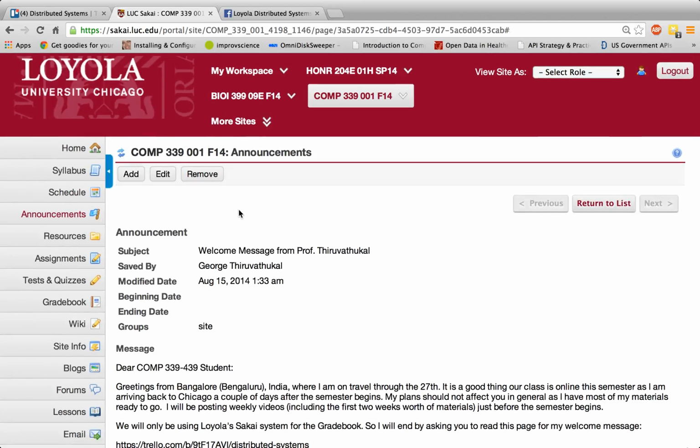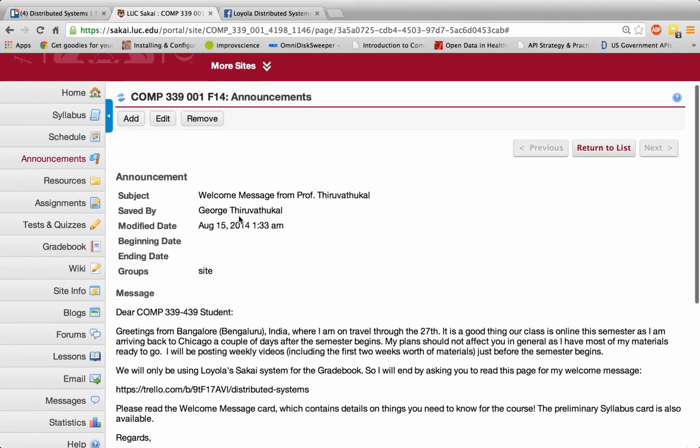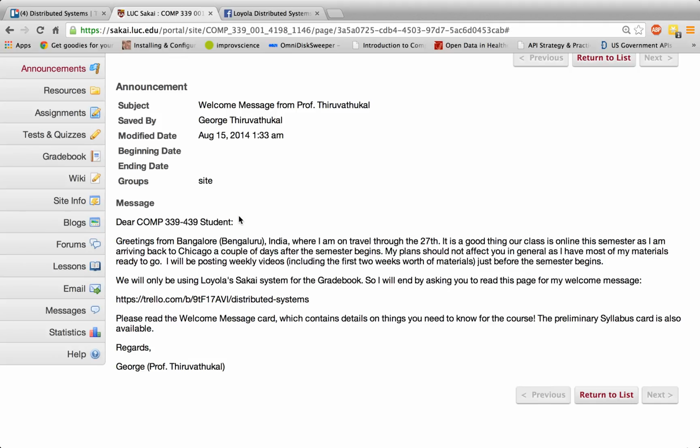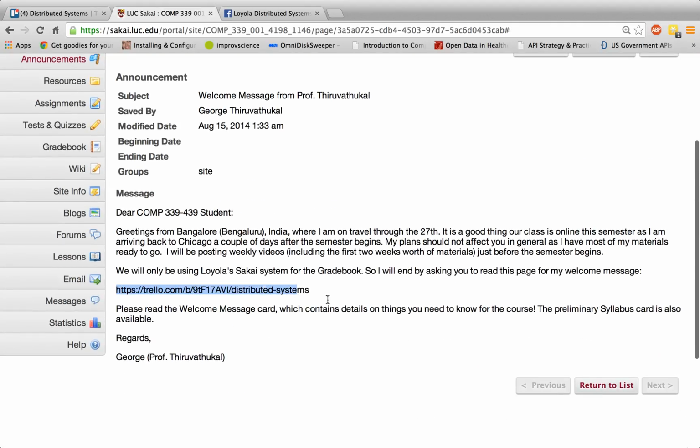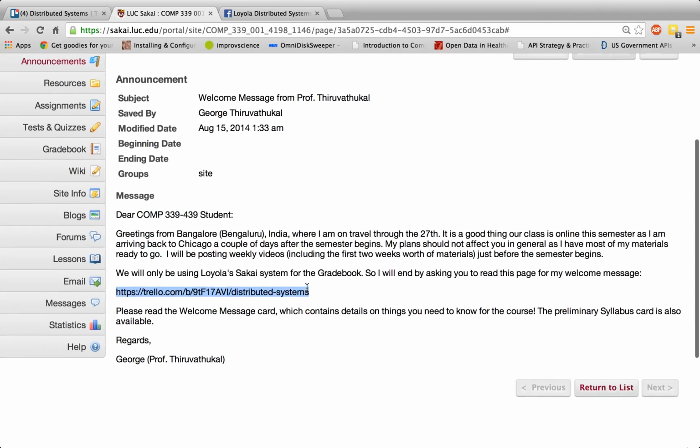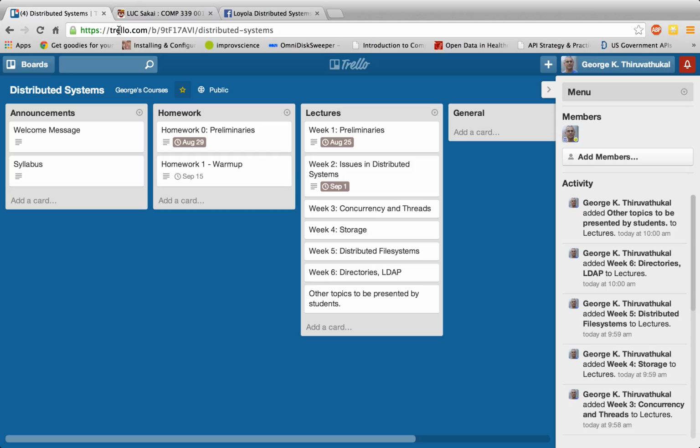Basically, as you probably noticed by looking at the website for Sakai, I am not exactly making use of Sakai except for the grade book. So when you want to look at your grades on homework assignments, etc., you should go to Sakai. The most important link actually is the one to the Distributed Systems Trello site, which is here. Of course, I had some trouble making this clickable because it was an announcement, but in any event, that link will actually take you to this page. Just to make sure you believe me, I will reload it.